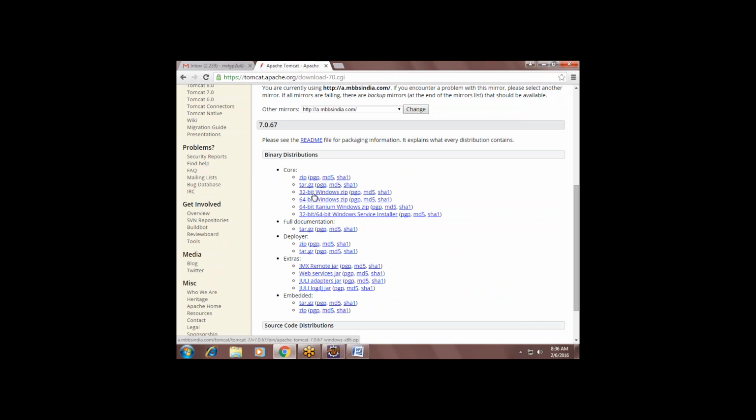Download it. The zip, I think this 32-bit Windows zip. This is the one. See, after downloading this, you extract the folder and keep it on the desktop, guys.